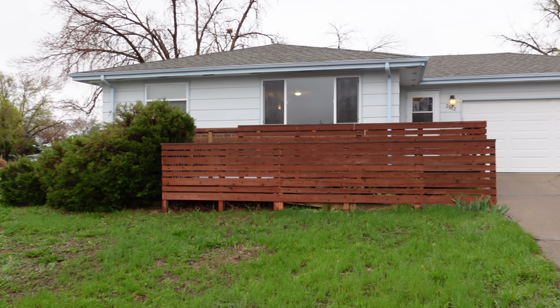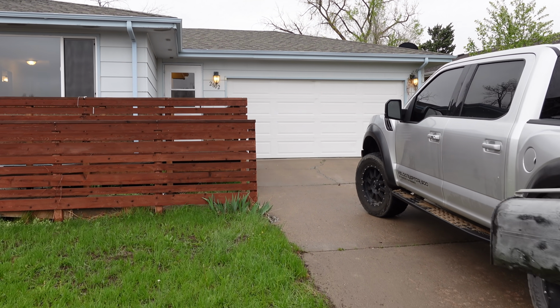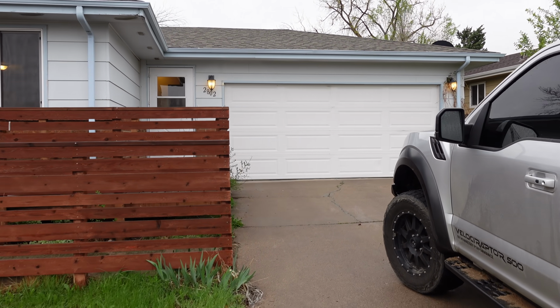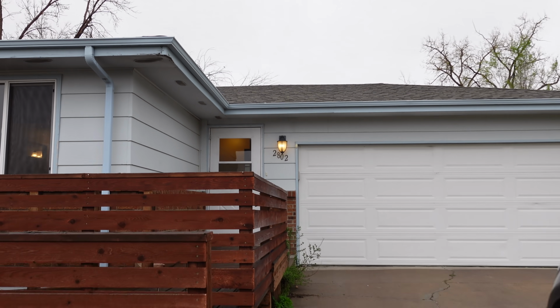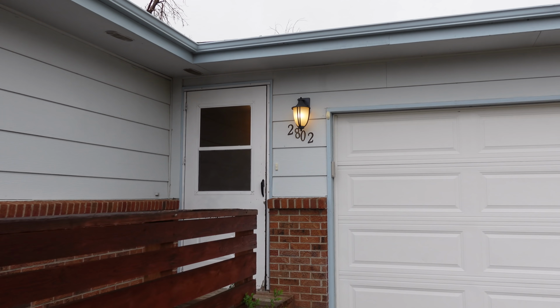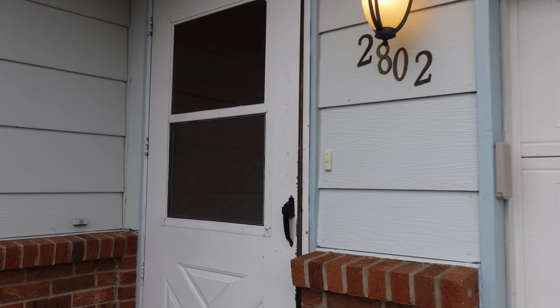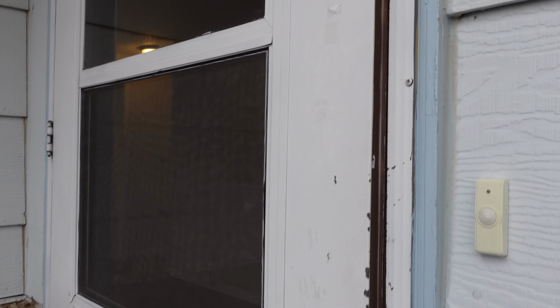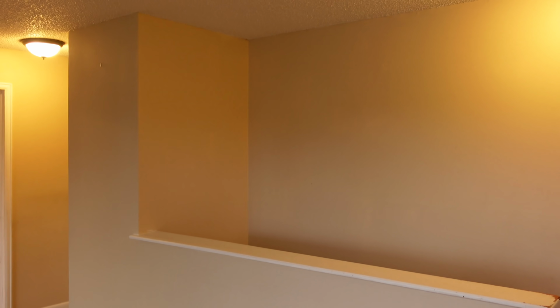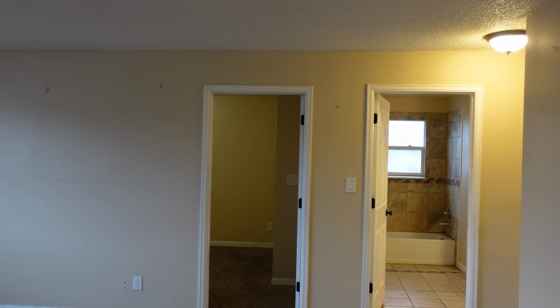This property I bought for $127,000 in 2015. It was a foreclosure, so it was a pretty good deal. It needed some work when I bought it, and I think I probably have a video of it from 2015 that shows what it looked like. So I'll try and track that down and link to that below if you want to see that. I just tried to do a live Instagram video here and my service wasn't quite good enough,